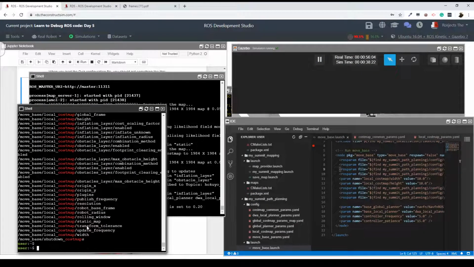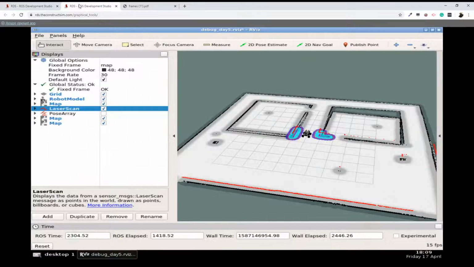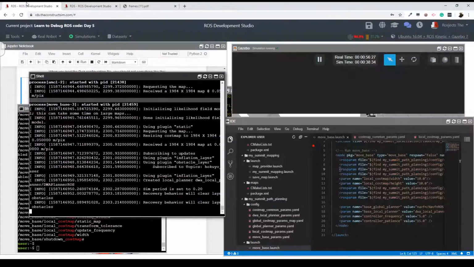There we go, this is loading. And voila. Now I can see here the local cost map. As you can see, it's detecting here the closer obstacles which are detected by the laser readings, which are these in red. And you might be asking now, okay, but then why is this not being detected? Well, because